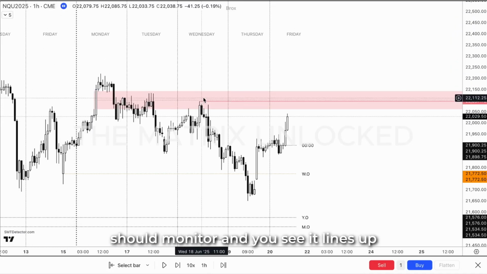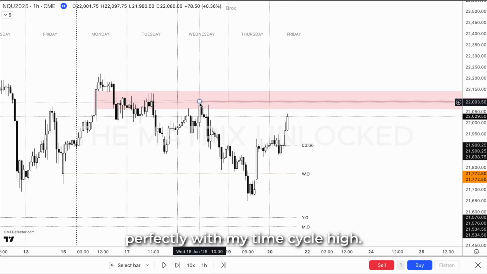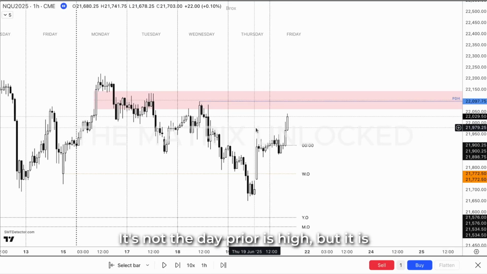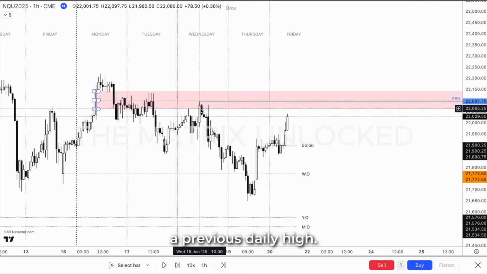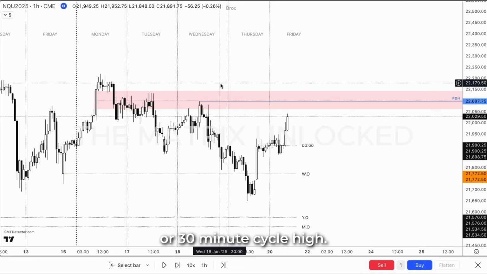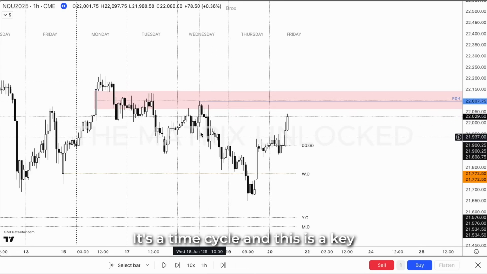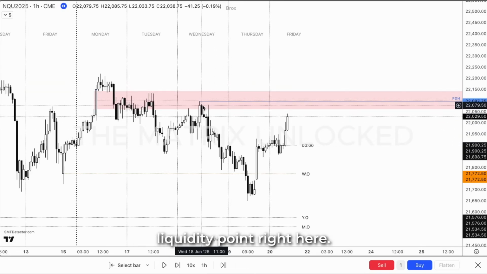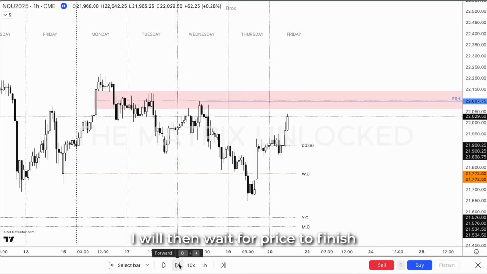And you see it lines up perfectly with my time cycle high. It's not the day prior's high, but it is a previous daily high. And so we monitor this because it's the same thing as a 90-minute cycle high or 30-minute cycle high. It's a time cycle. And this is a key liquidity point right here. I will then wait for price to finish manipulating here and see if we want to reach that point of